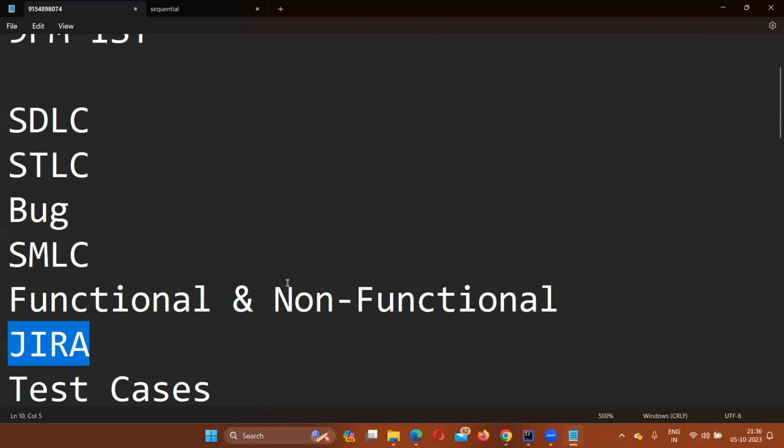Okay. That is the only thing that I'm going to assume. I'm going to assume that you do not have any programming knowledge, any database knowledge, any API knowledge, any testing knowledge, any Selenium knowledge. I'm going to assume that, and then I'm going to explain it very slowly and clearly over the next 75 days. Okay. So we are going to learn Jira.